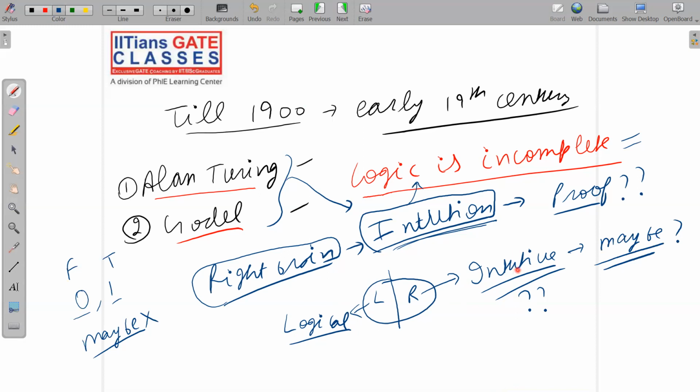Till now, computers are not like human beings because they have a logical brain. They do not have any intuition, so they cannot think properly. They can just do logical things. That's it. See, the story is very, very big, so I do not want to waste your time, but I am just giving you an idea of all these things. Please note it down, and let me move to the next slide.